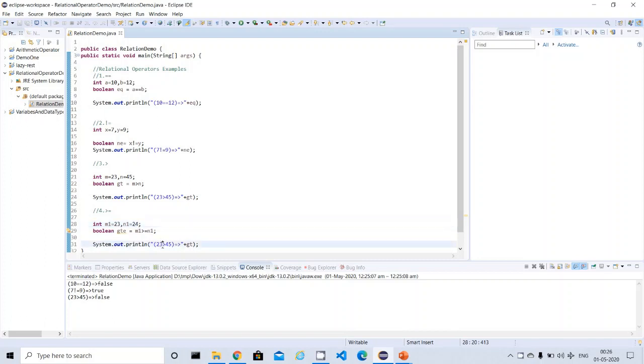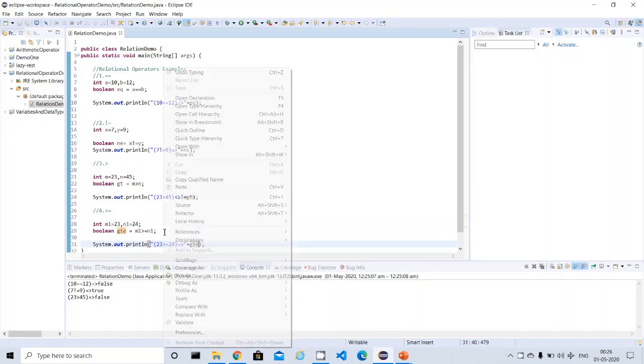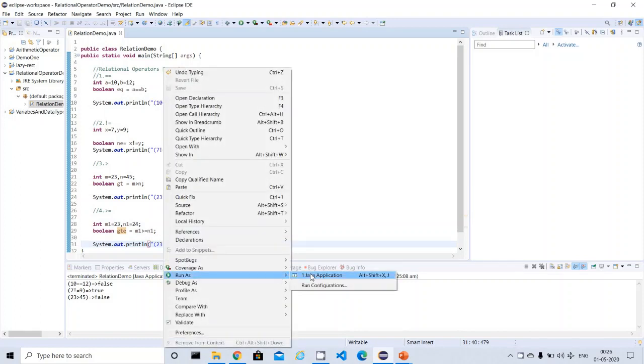Now I will give the value over here, 24, greater than or equal to, yes, this is greater than or equal to, and I'm printing the value. So the left side is 23, the right side is 24. I'm trying to compare here whether the left side value is greater than or equal to the right side value. So let me run this program and see the results.